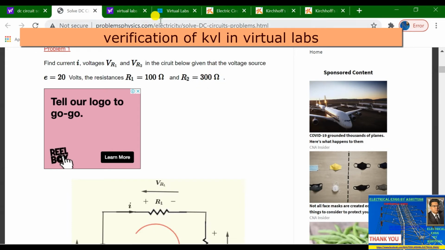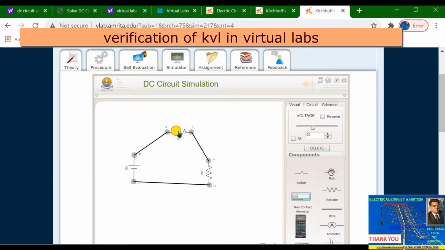R1 is 100 and R2 is 300. So R1 is 100 ohms, and here write 300, then it becomes 300 ohm resistance. This is 100, this is 300, and this is 20 volt.